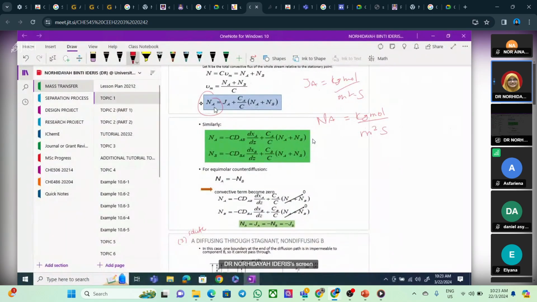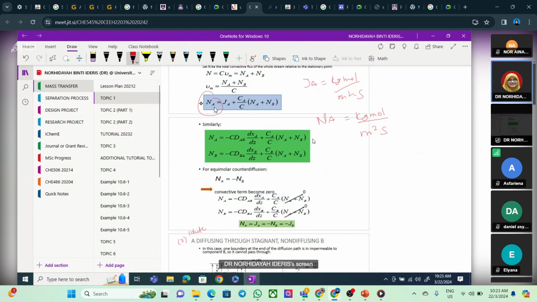So automatically you know when the notation changes to NA, it means the process involves diffusion plus convection. Okay, it's not the same thing, it's different, but it's still talking about the flux, the movement of the